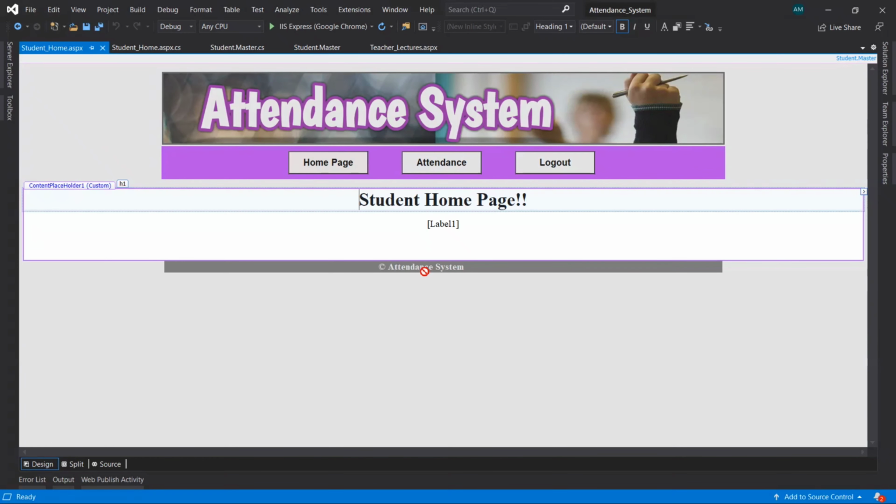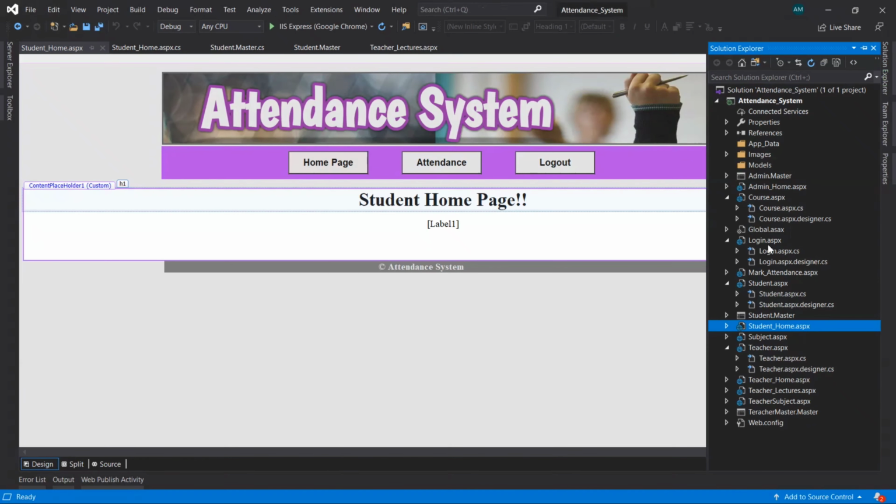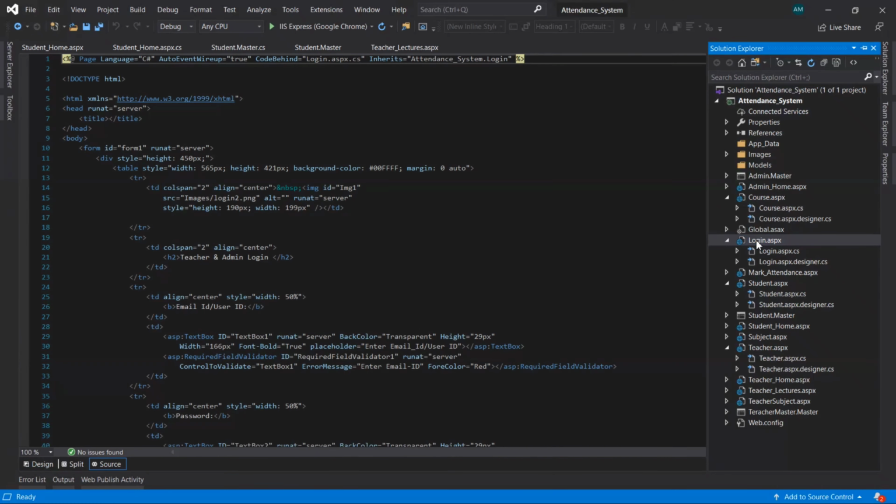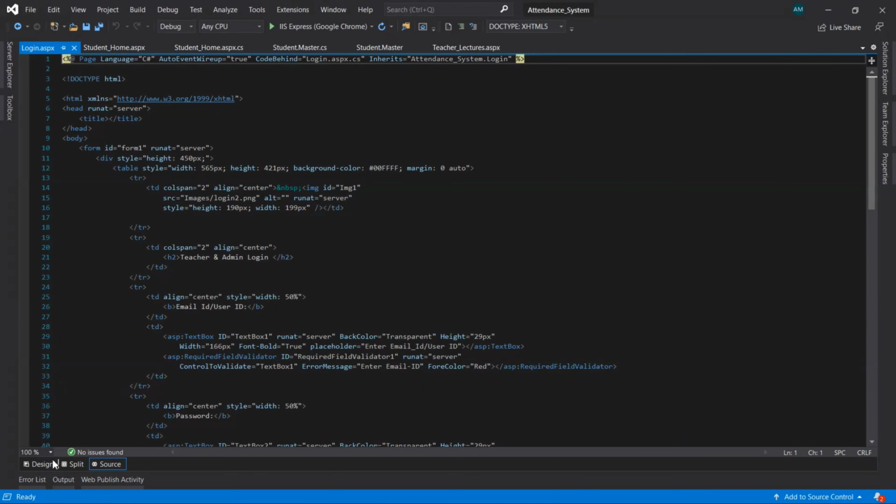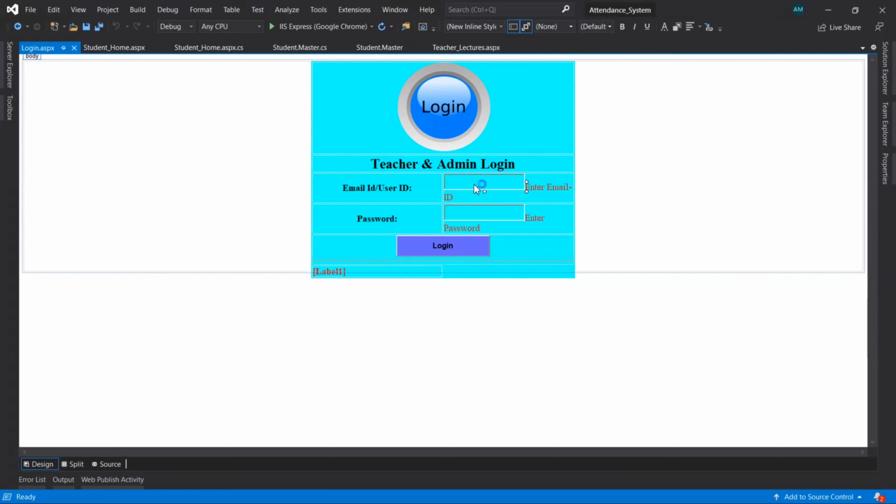So first of all, open your login page. You don't need to change anything in the design page, but we have to change the title text for this login page.